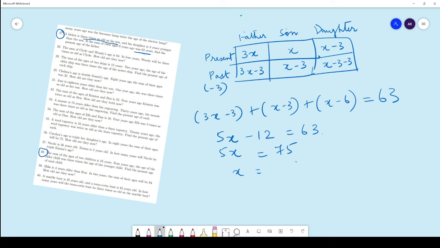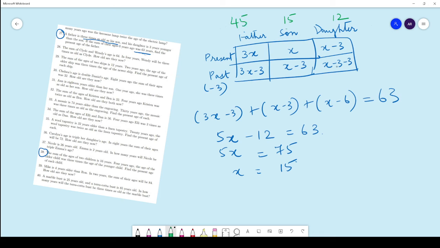So this gives x as 15 years. So the son's age is presently 15 years. Father's age is, let me put it in a different color so that it is easy to identify. So the son's age is 15 years presently, the daughter is 12 years old, and the father is 45 years